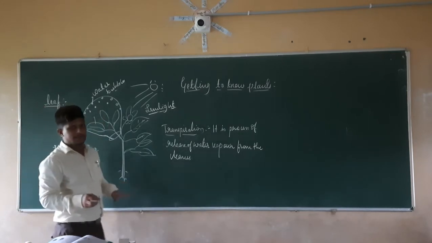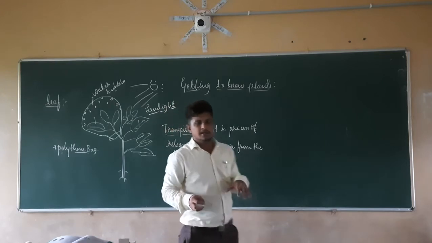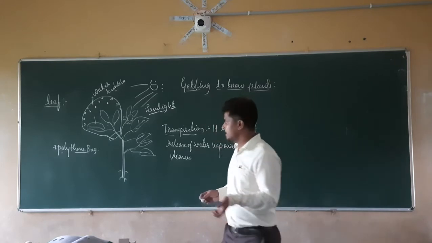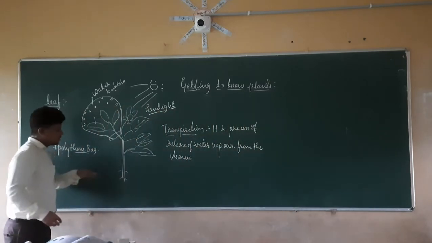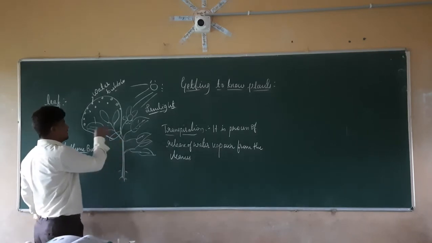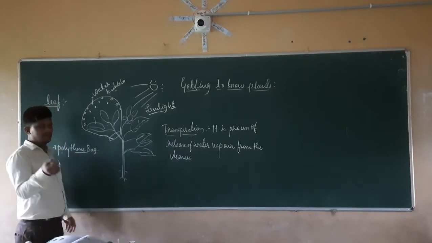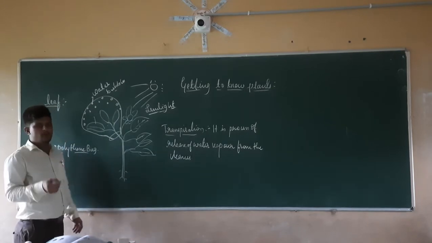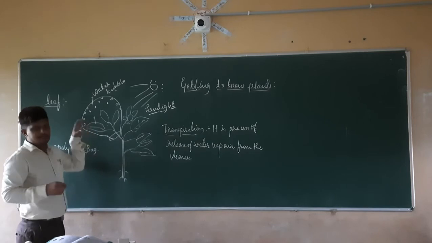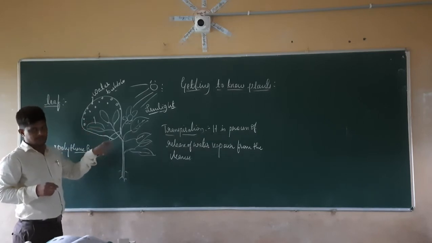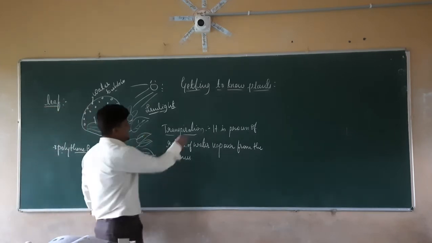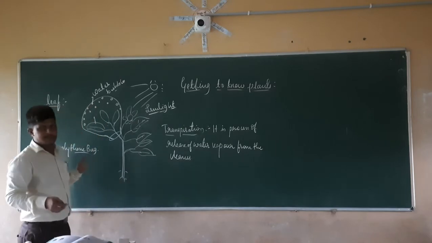In the previous class we discussed the changes, from solid to liquid to gas. If we check here, the stem is supplying water to the leaves. The leaves heat the liquid water that comes in and evaporate it in the form of vapors. Those vapors are stored here. This process is known as transpiration. This transpiration process is done by the leaf.